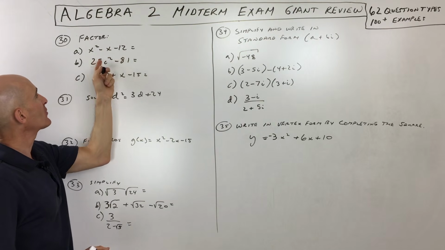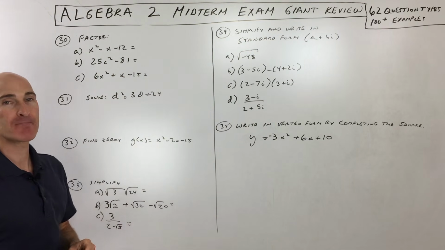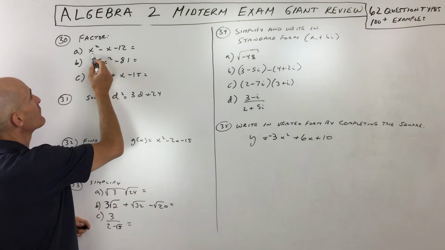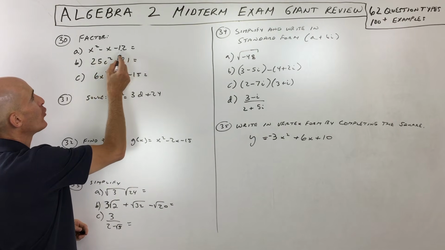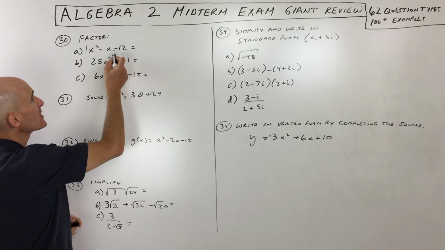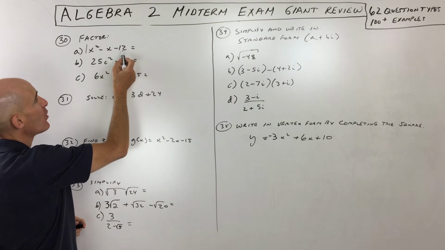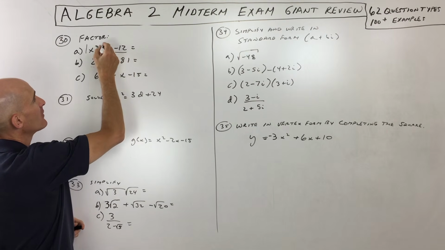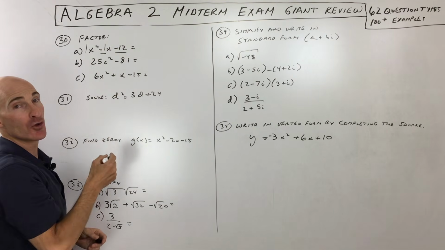So let's see, factoring now, right? We've come to that part of the review. Well, the first thing you want to do here is notice it's a trinomial, and the leading coefficient is 1. In a situation like this, you want to ask yourself what two numbers multiply to the last term, negative 12, but add to that middle coefficient.